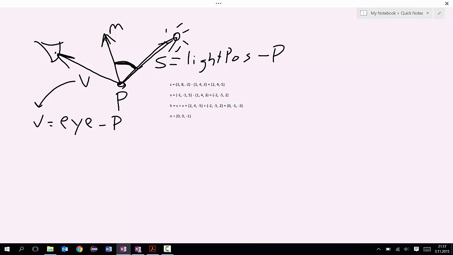So this angle here, and the cosine between angles is simply the dot product of the vectors divided by their lengths, or the dot product of the normalized vectors. So what we're going to calculate here is now the factor Lambert equals